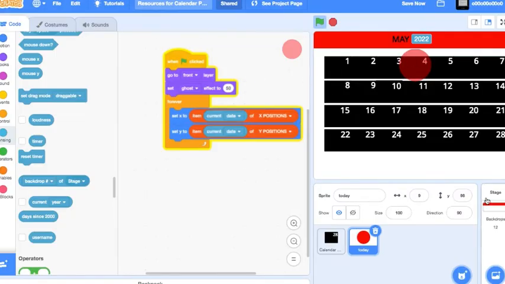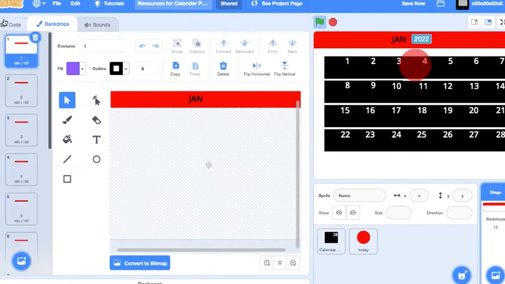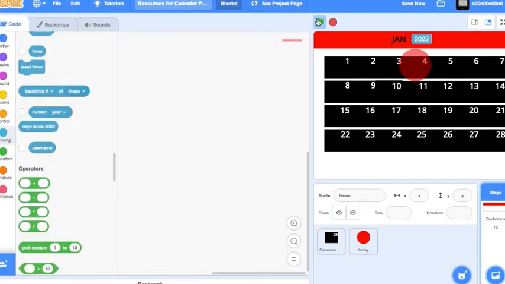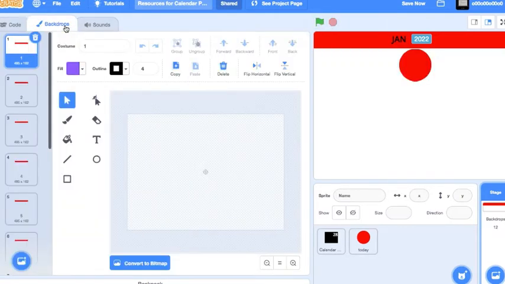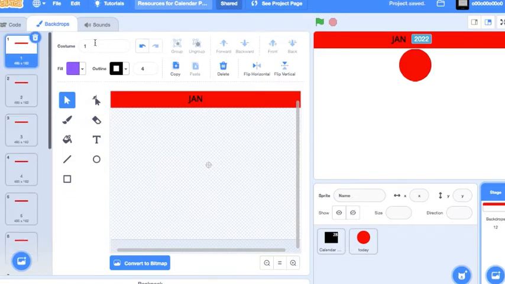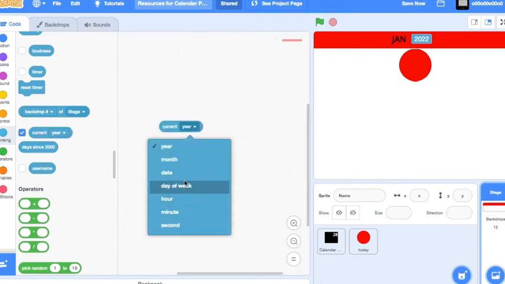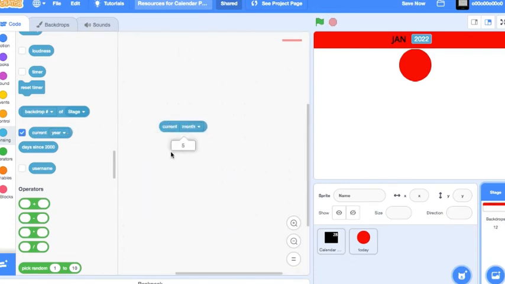Now, in the backdrops, it's already set to May, but if we set it to January, we turn it on, it stays as January. So I set the names of each of these as the numbers of the month, because if you take this out and we get month, then the current month is May.